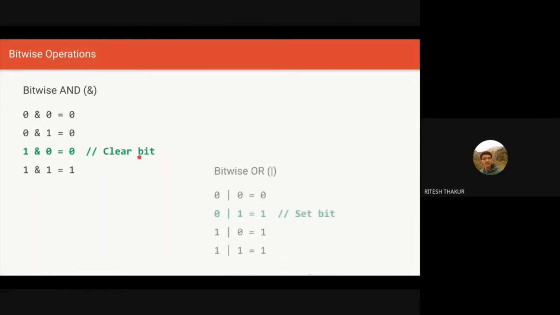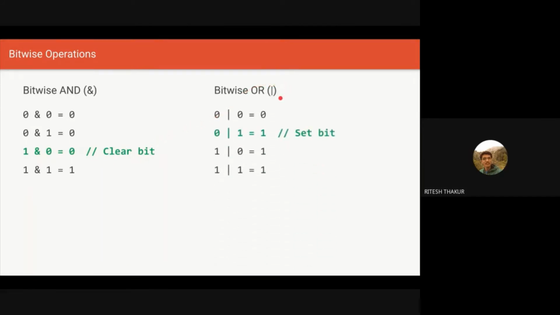Next we have bitwise OR. OR is like I want A or I want B. So let's say 0 or 1 will be 1, or 1 or 0 will be 1. And if both of them are 1, then that's also fine. The output will be 1. The only case where it will be 0 is when both the operands are 0. And here we can use OR to set the bit. Like here we were clearing the bit using AND. We can set a bit or make a bit 1 using OR. So we can do 0 or 1 is equal to 1. So that's the application of OR.